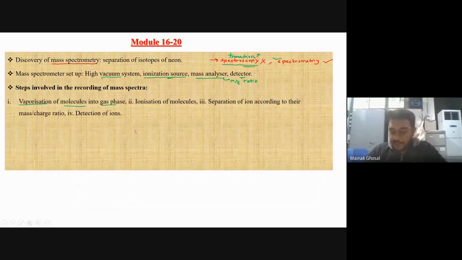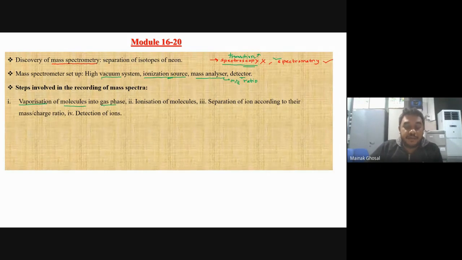Okay. So the first step involves the ionization of the molecule. To record any mass spectrum, you need your molecule in the gas phase. Whichever molecule is very easily boiling or volatile can be converted easily into the gas phase, and then it is very easy to detect using mass